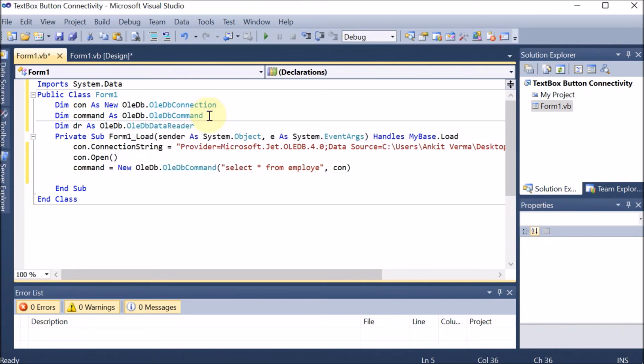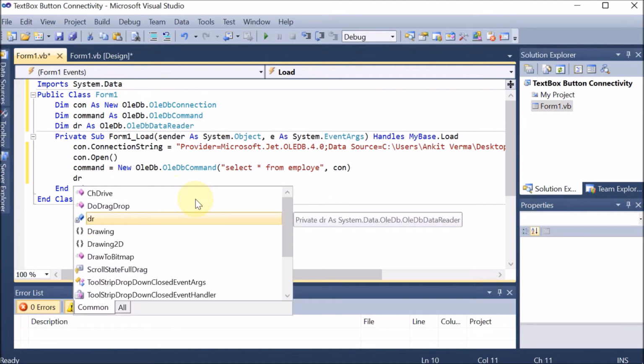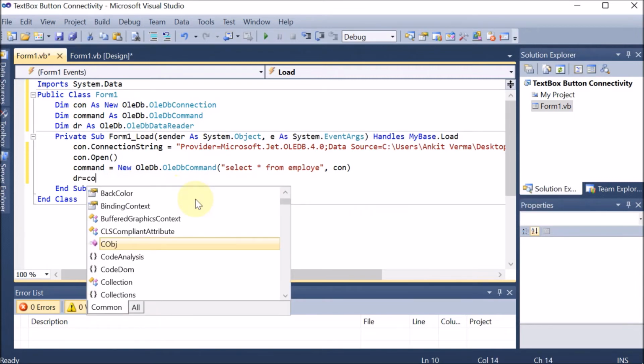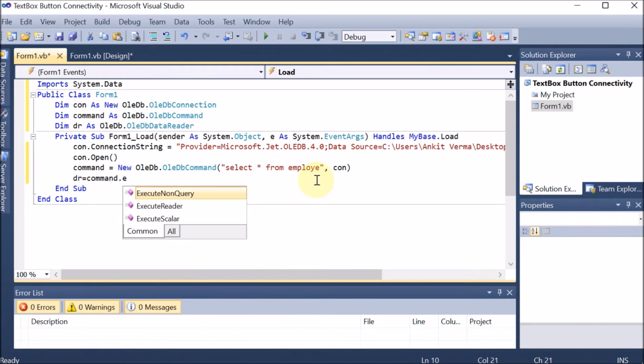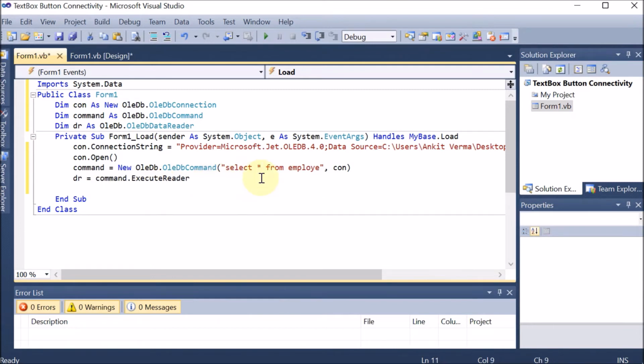This is going to read the data. Then we provide the command: dr is equal to command dot execute reader, which means here we are going to execute the reader.